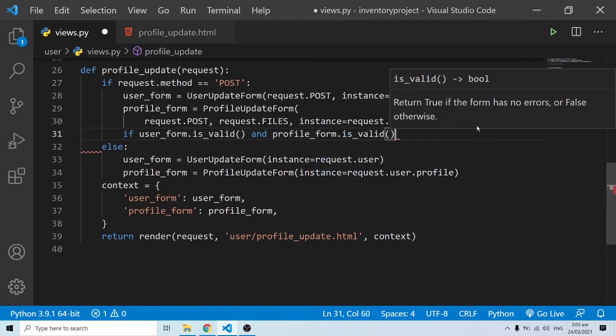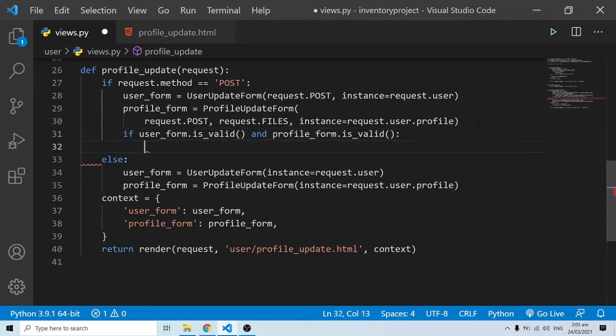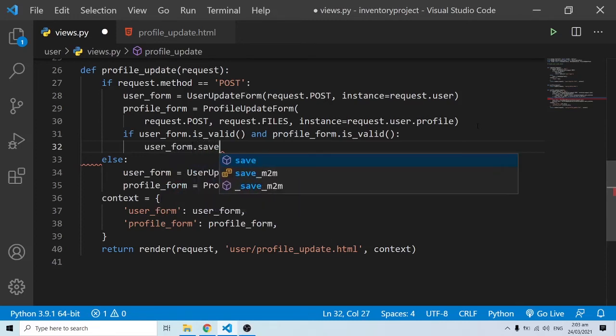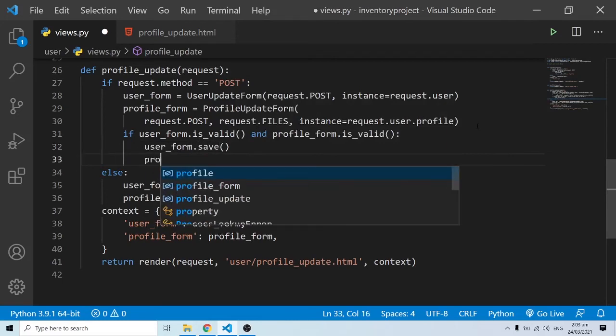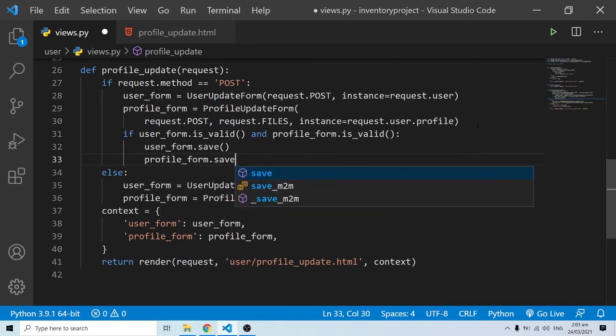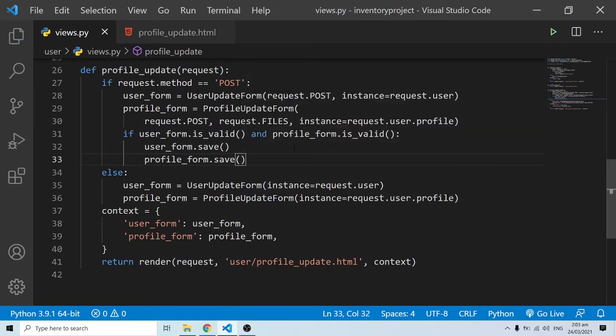So both of them need to be valid before we would want to save. So if user form dot is valid and profile form dot is valid, then we want to have user form dot save, and we also want to have profile form dot save. Good. So this is probably good,